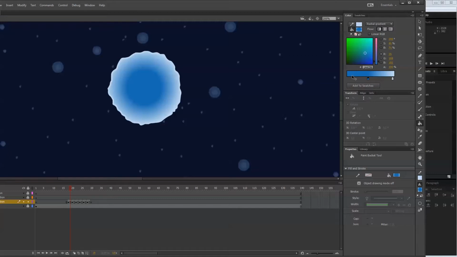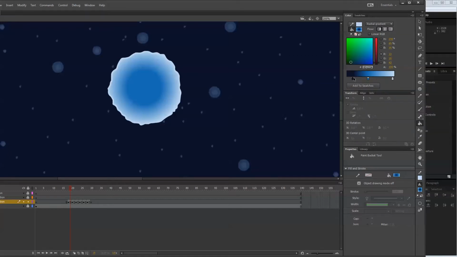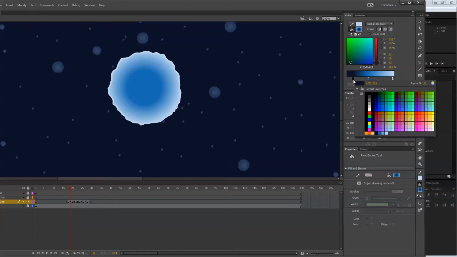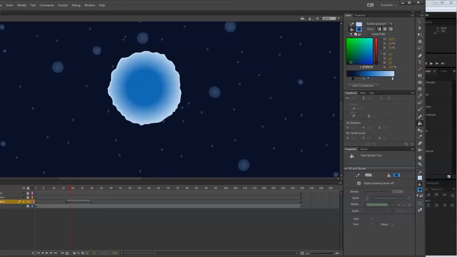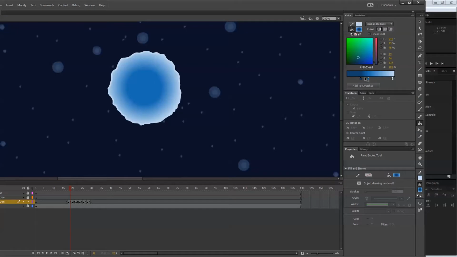So actually, I think I do want another here. I don't want it quite that dark, but I want something in between those two. So the easiest way to do that is just to click right here. That's going to create a new one. And then we'll delete this guy, and we'll have that guy there. Oh, but we created this swatch, but we didn't have that selected. So it's not editing that